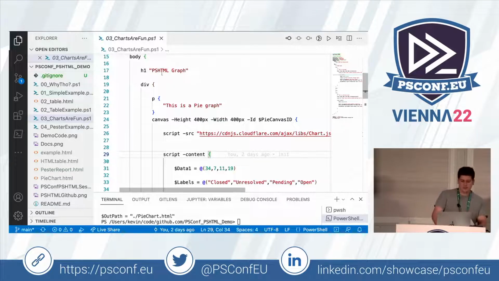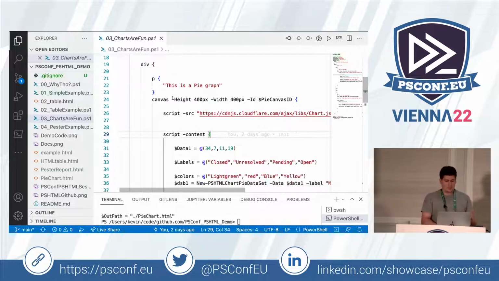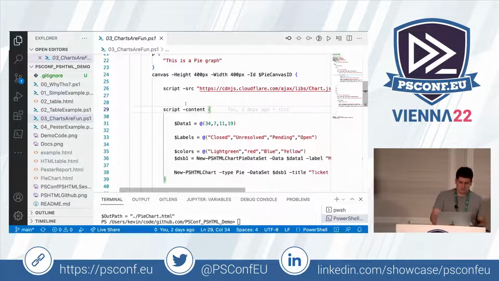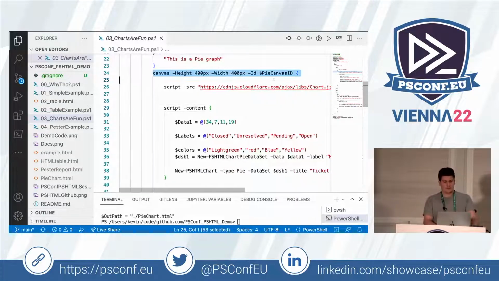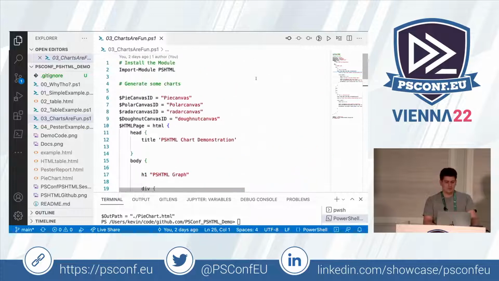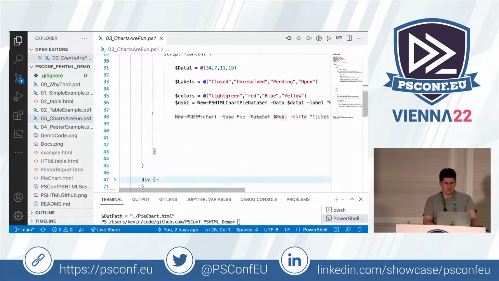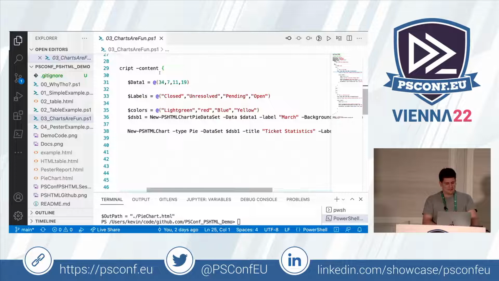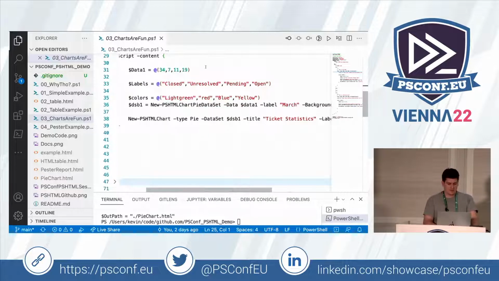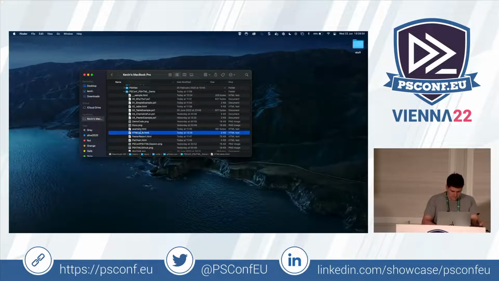So what you would do is in your HTML block, you would add a container maybe, or whatever you want. You add a container, and then in there you add a canvas. You define its size. You point it to an ID, which we defined up here for all our charts. And then you pass a data set, which in here is dummy data. Again, it's just numbers and colors and stuff like that, right? And then you could use this commandlet to create a chart out of that data set. So if we go and look how this looks, that would be